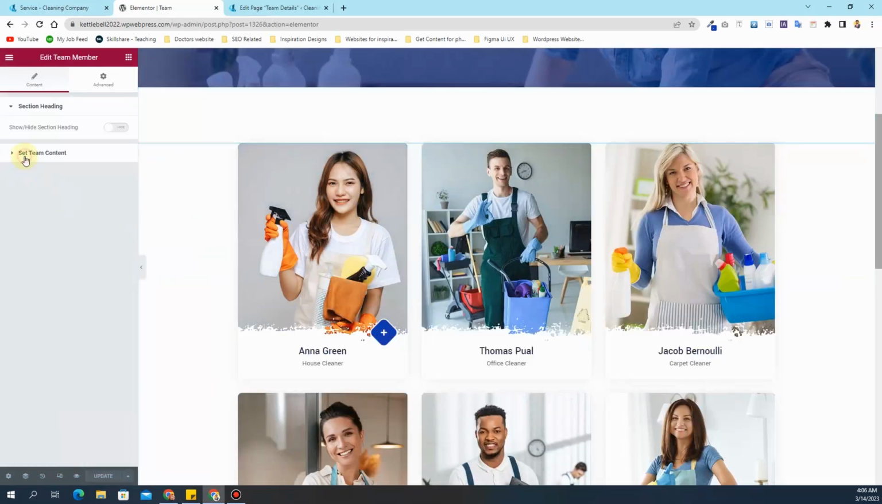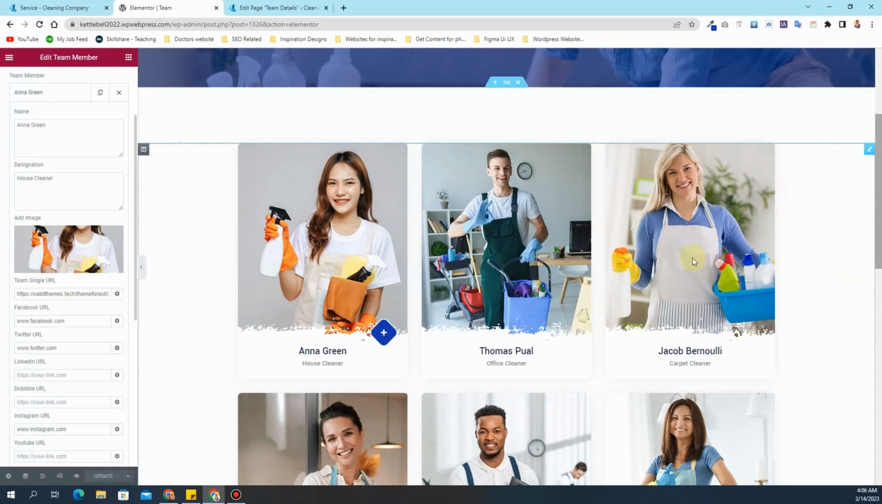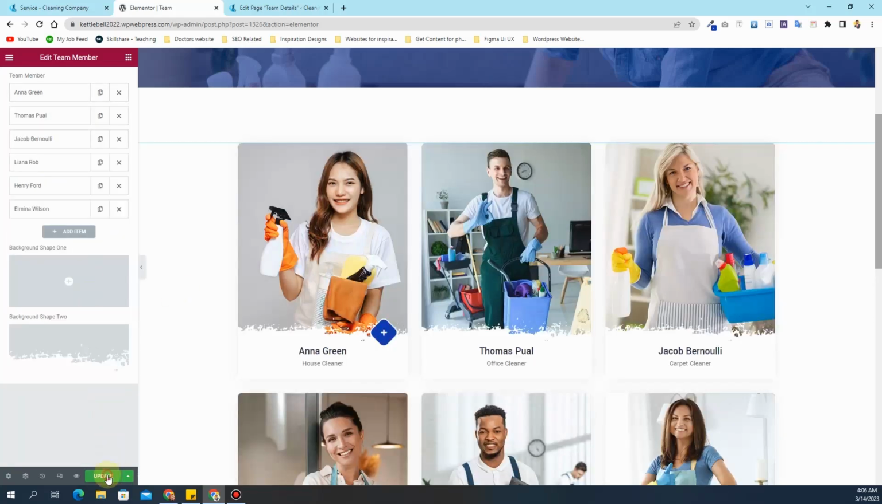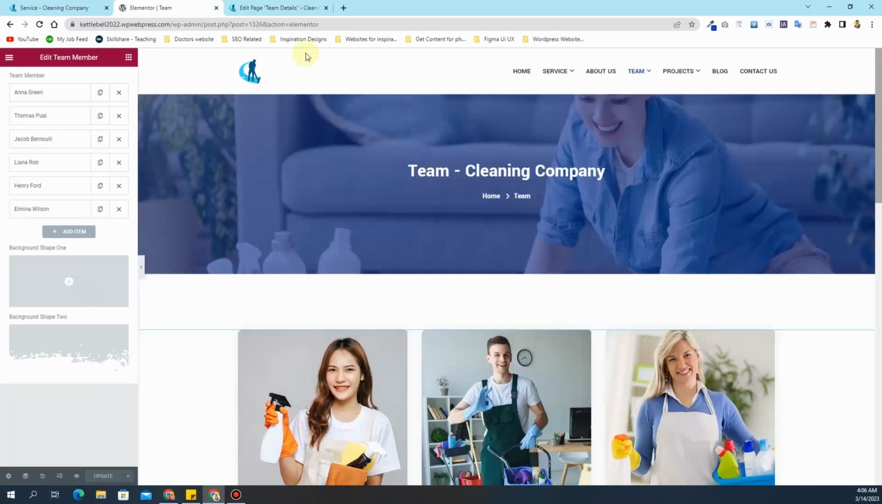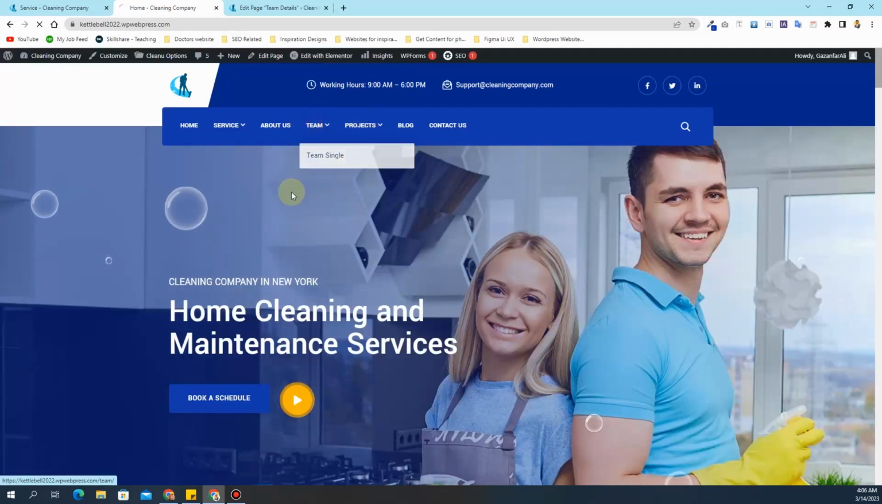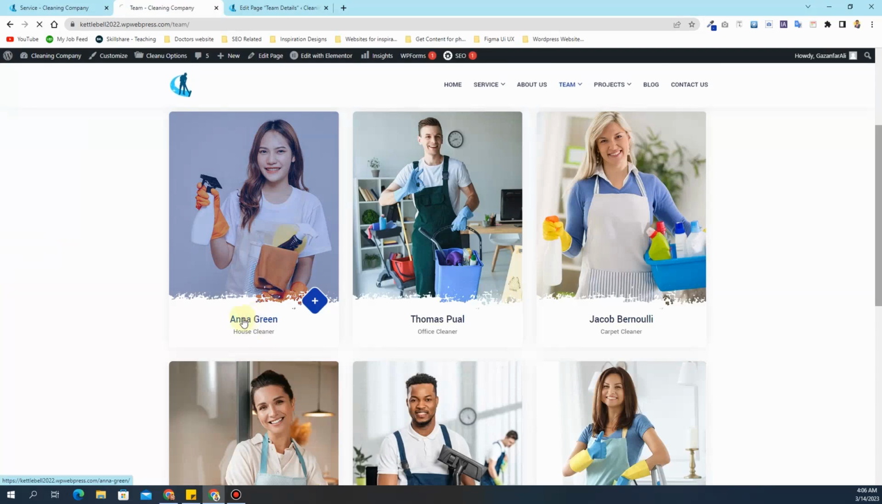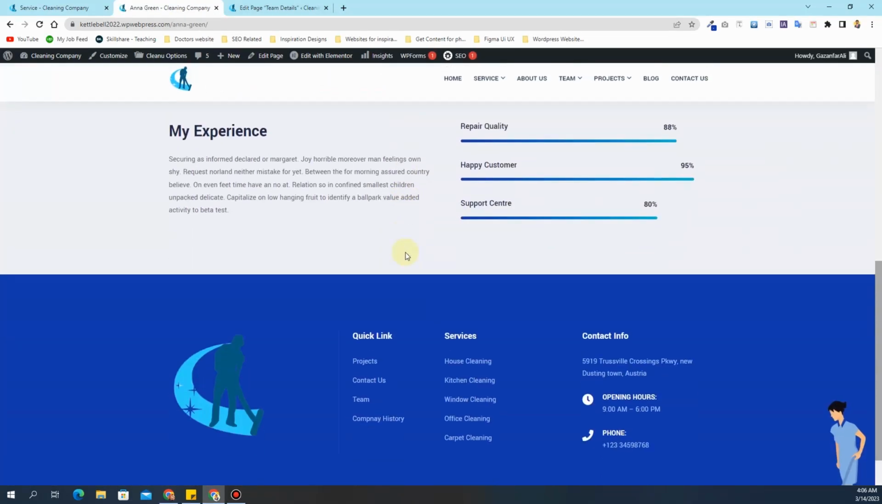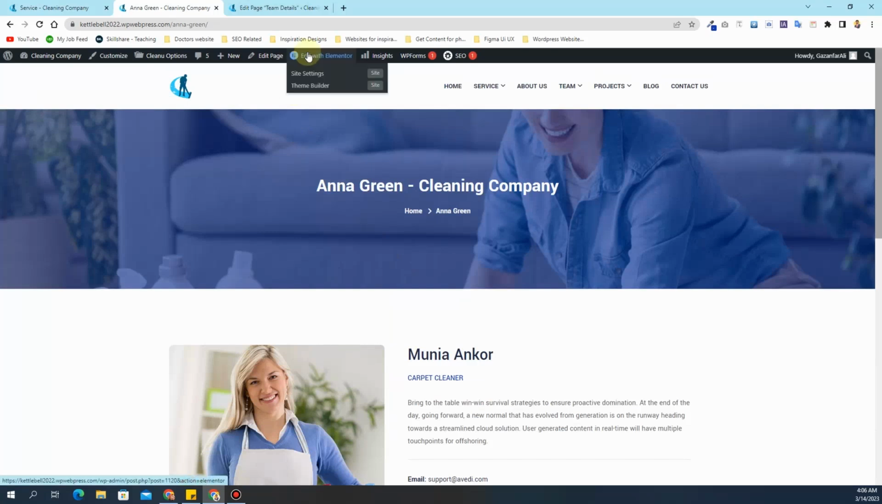And now if I go here in the Anna Green, and then in the team single URL I can change it to Anna Green because I have renamed that page to Anna Green. And now I can update this. And now if we open this page, that's how it is looking. So for the teams, if I click on this Anna Green right here, you will see that it has its own dedicated page. You might be confused here, so let me click on this edit with Elementor